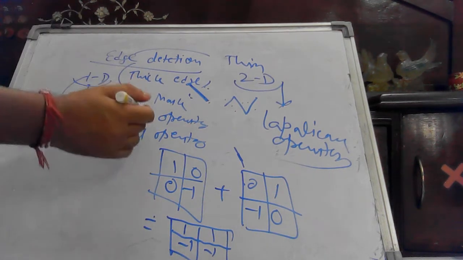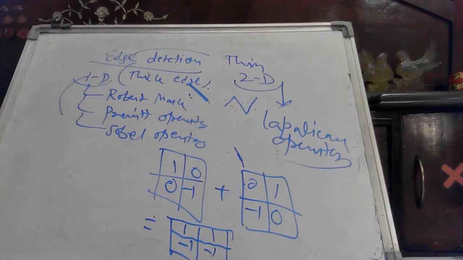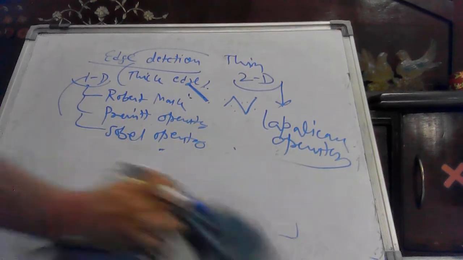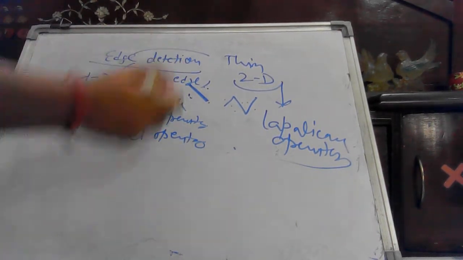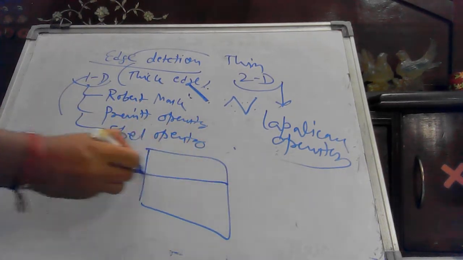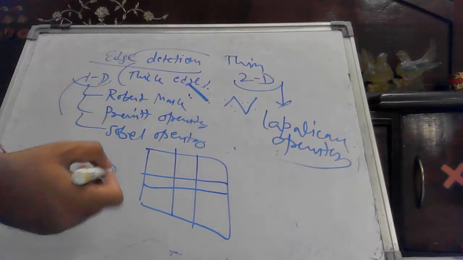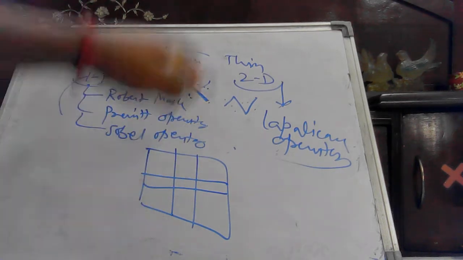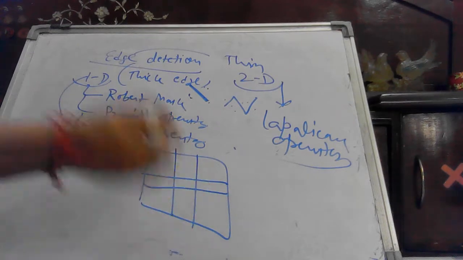Prewitt mask, you know about the Prewitt mask, very simple. Just to recall everything, because I do not know whether you have seen or not, Prewitt and Sobel, everything I have explained there. For Prewitt, for edge detection, it is a 3 cross 3 kind of mask, and it could be used either for vertical edge detection or horizontal edge detection, or the sum of that, vertical as well as horizontal edges.